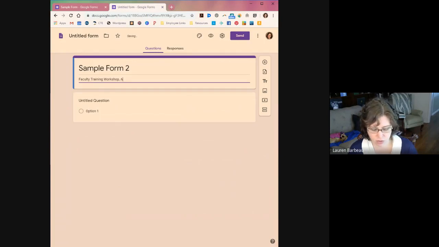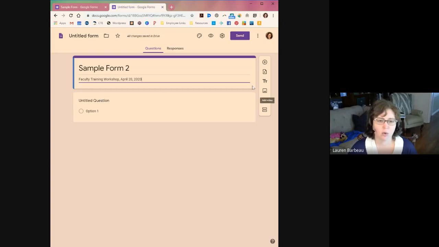And maybe I just want to put the date on it. Or maybe I want to put a longer set of instructions here for students. Whatever it is that you want to do, this is where you put the generic information that you put at the top of every single test or assessment. We're going to get into the complicated process of setting up form questions, but before we get down to everything down here,